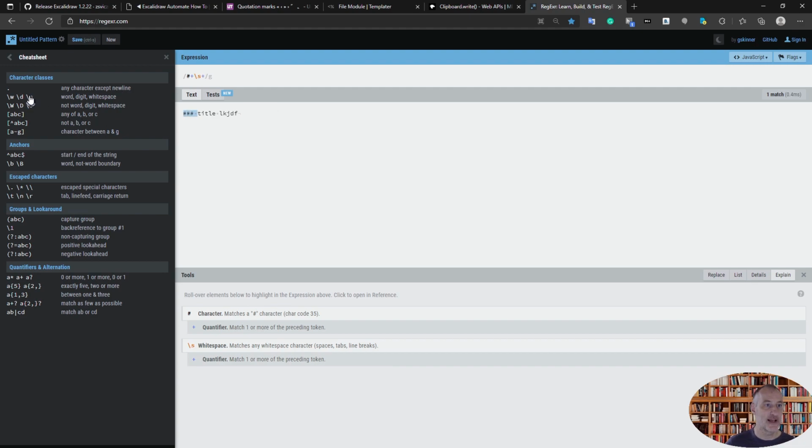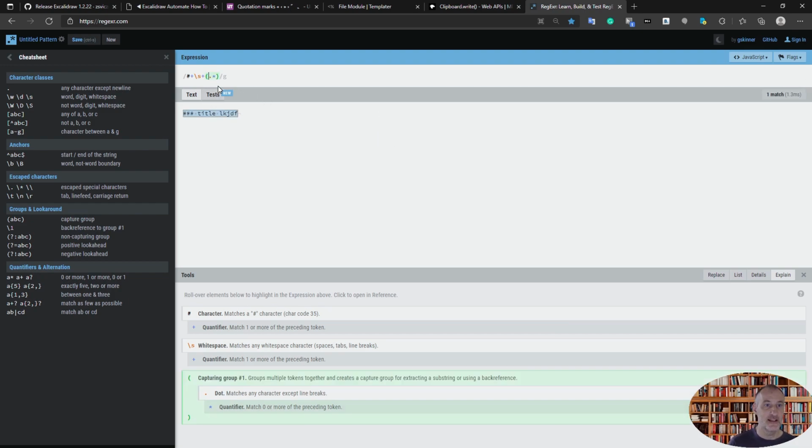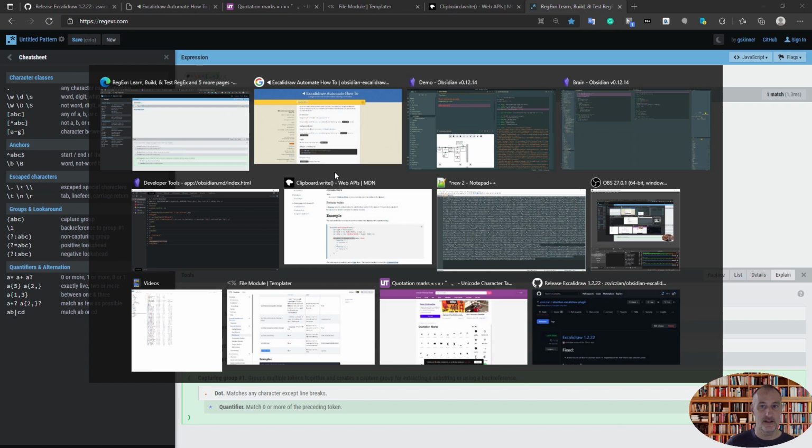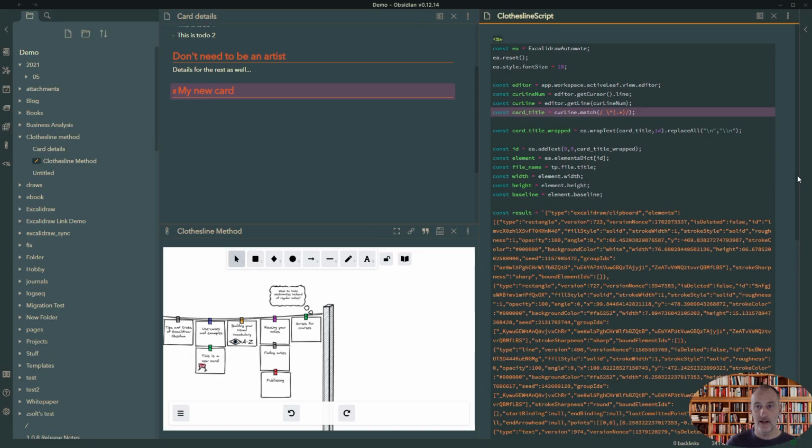So that's the \s is a white space, and then I actually want to get everything in the line, and this one I want to place in a capture group. So this is going to capture me the title text, as you can see. So this is the regular expression I want,